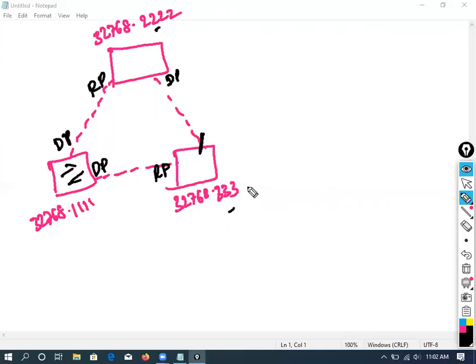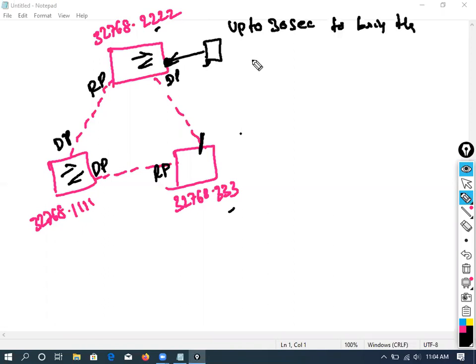Okay, so now we found the value here. Now the enhancement. Do you remember I was telling you from the starting class itself, in the previous classes, whenever you plug any device into the switch, it could be a computer, another switch, or a router, it's going to take up to 30 seconds to bring the link up.